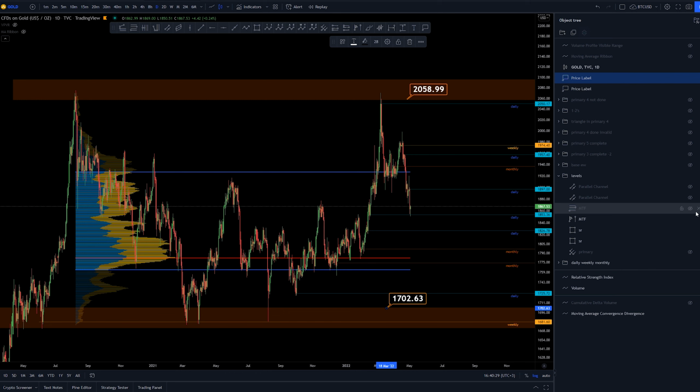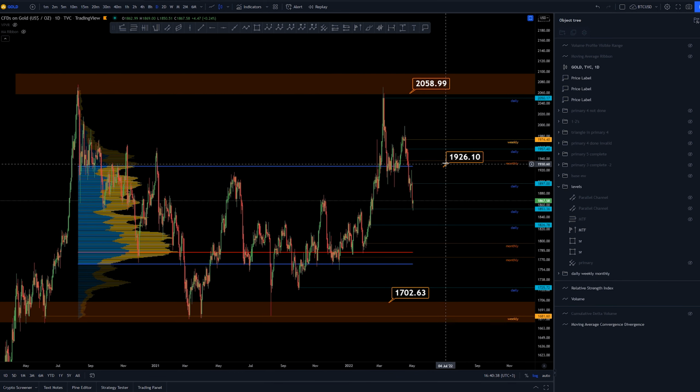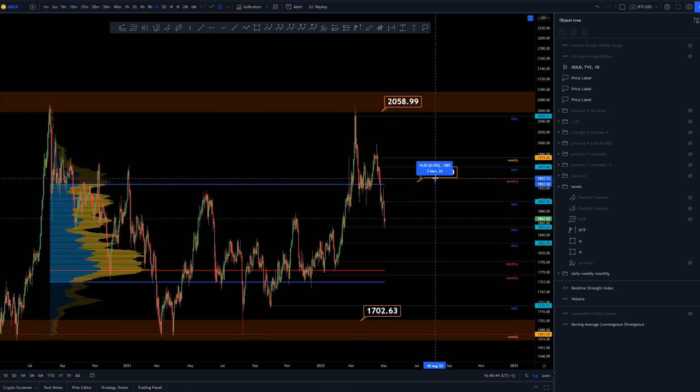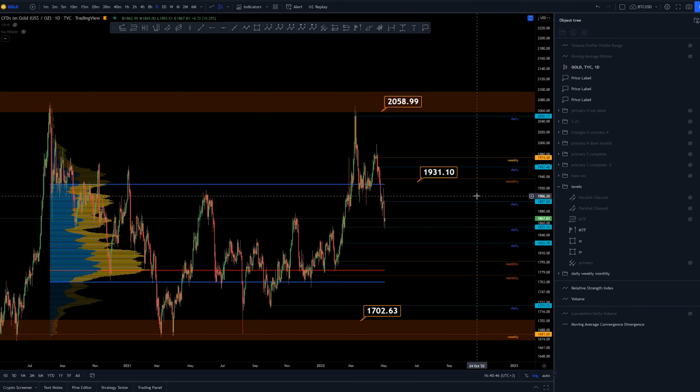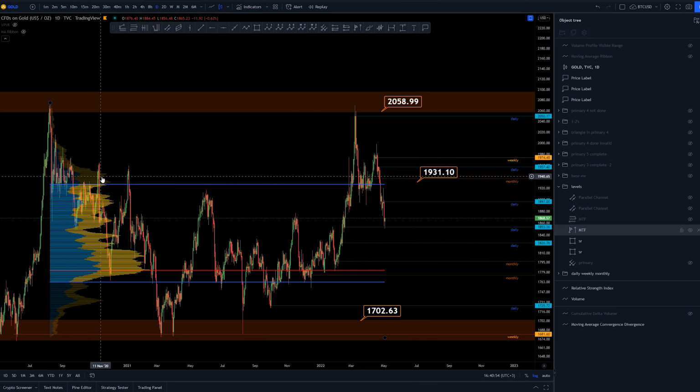Now we have this volume profile again. We got a couple of different areas of interest. Around here, around 1900 something, we got a monthly and this range value area high. They're not really lined up together too well, around 0.5% off. So I guess this could be an area of interest. We have a high volume node here as well, around this area, providing some kind of resistance if the price